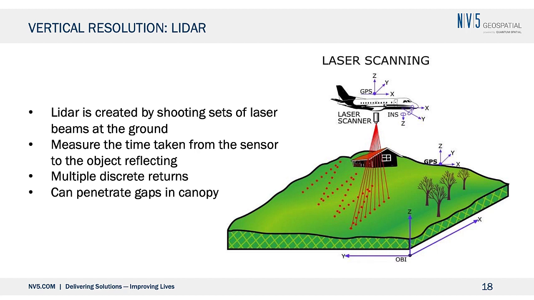comes to forestry, because it gives us the height element that we've been looking for, very difficult to get out of standard ortho imagery. LiDAR is basically a sensor that we attach to an aircraft. We shoot laser beams down upon the landscape, and we measure the time it takes to get from the sensor to the ground and then back up. If we know where we're looking, and we know where that sensor is, we can identify the XY location on the ground. And with the time, we can identify the Z value, so the height. And that allows us to